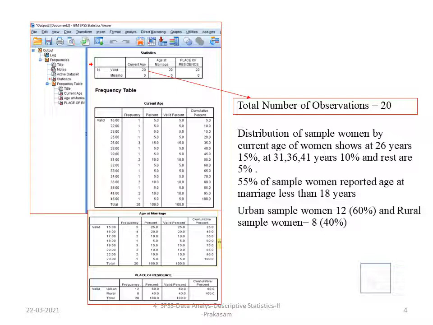Why are we making this frequency and all these things? If you look at this current age, there are 20 observations, therefore we got the 20 observations in one sheet. If there are 5,000 or 6,000 observations, then it will become very big, and identification, analysis and interpretation will become very difficult. For that purpose, we have to group it. Whichever has a single large data set, we can group it, summarize it and calculate that. For that also SPSS will help. That decoding process will be helpful for the grouping of the data.